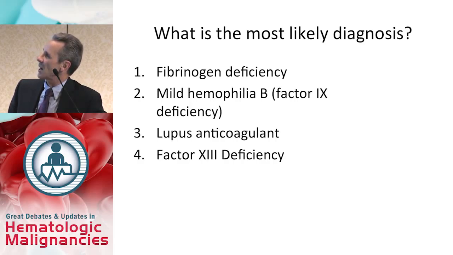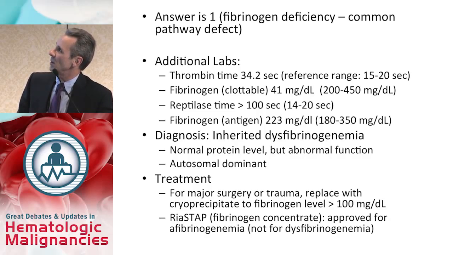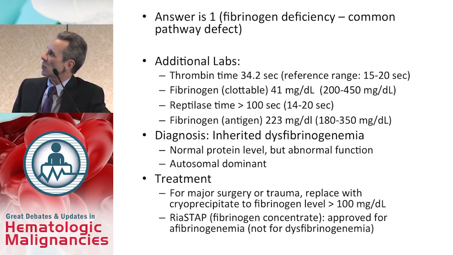So what's the most likely diagnosis? We're in the common pathway now. Which of these would be a common pathway deficiency? Fibrinogen would be one of them, or of course there are others: factor 5, factor 2, factor 10. This, of course, is intrinsic pathway. Lupus anticoagulant is typically an isolated prolongation of PTT, and with factor 13 deficiency they'd both be normal. So that's the answer, and we then do some secondary labs and measure a thrombin time, which